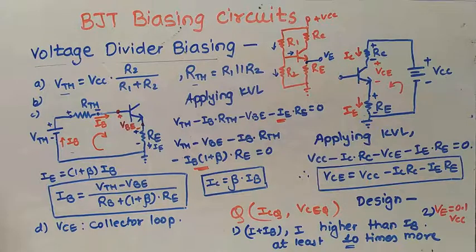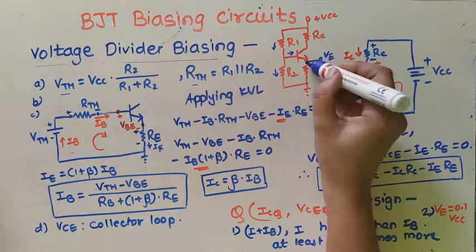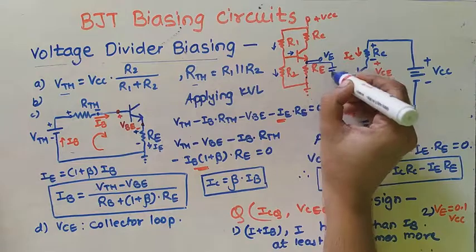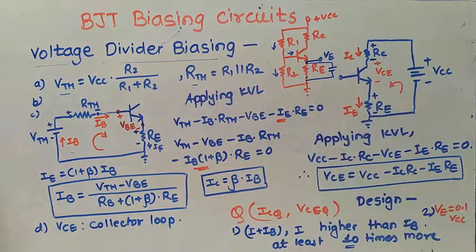Now here it is possible to avoid loss of signal gain by connecting an emitter bypass capacitor across RE. The resistance RE present in this network introduces negative feedback, and due to that the gain reduces. If we have to avoid that reduction in gain, then we can connect one capacitor across this RE. That capacitor is called the bypass capacitor. So these are the advantages.